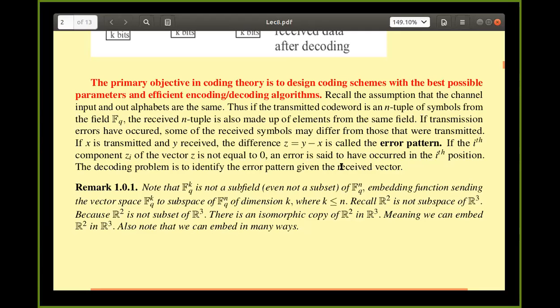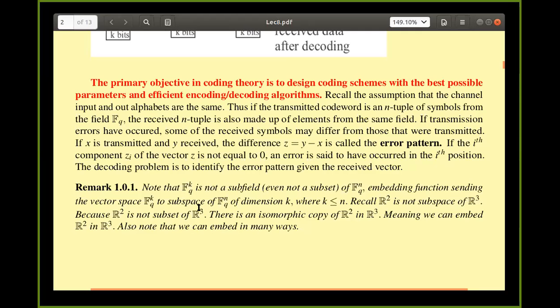Actually, basically what I'm saying is, you take 2 linearly independent vectors in R3, and their linear span is isomorphic to R2, right? So basically you just take two linearly independent vectors. They need not be orthogonal, right? That forms a plane, right? So that's why we can have an infinite number of embeddings. But here also the same thing.